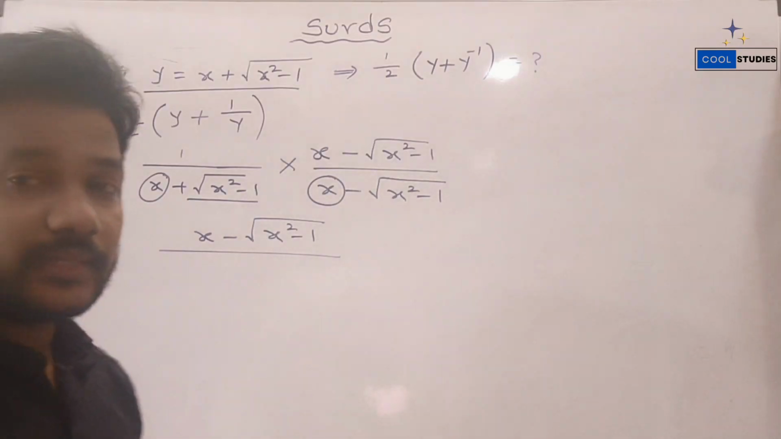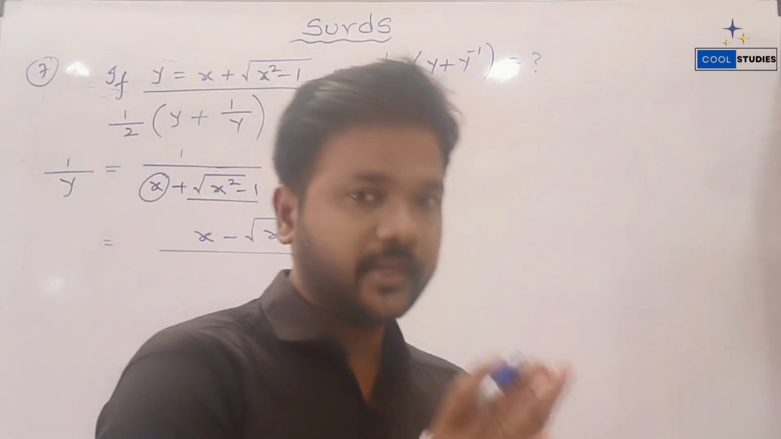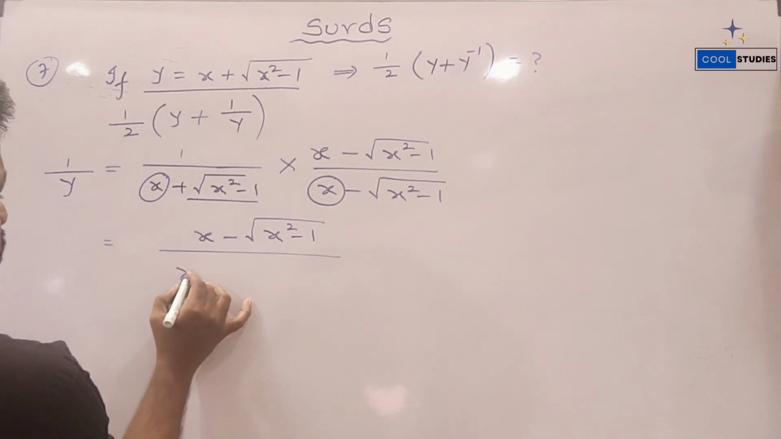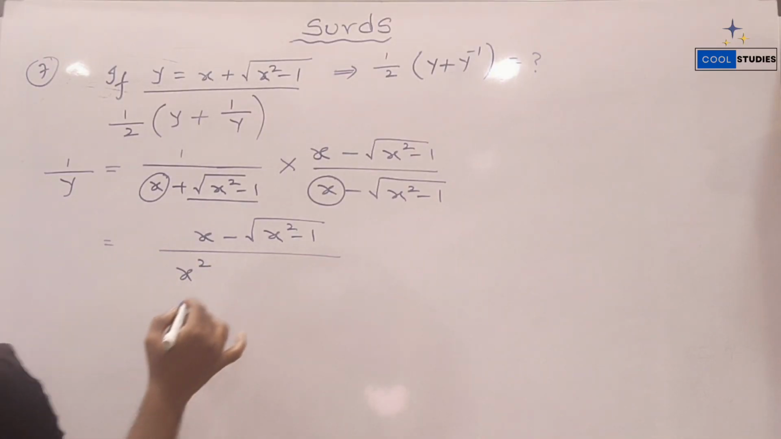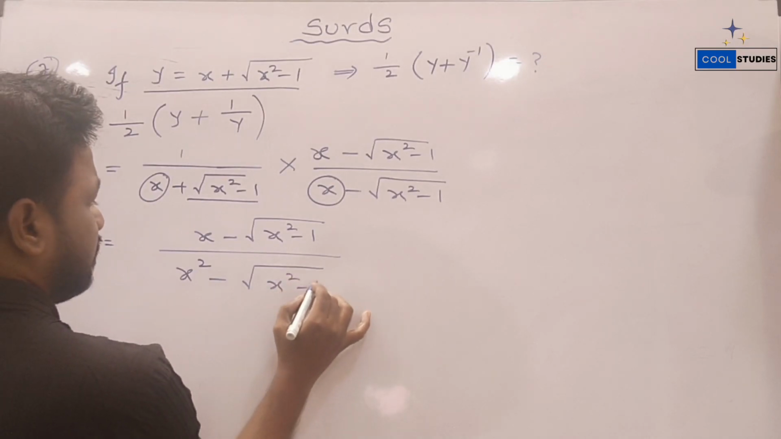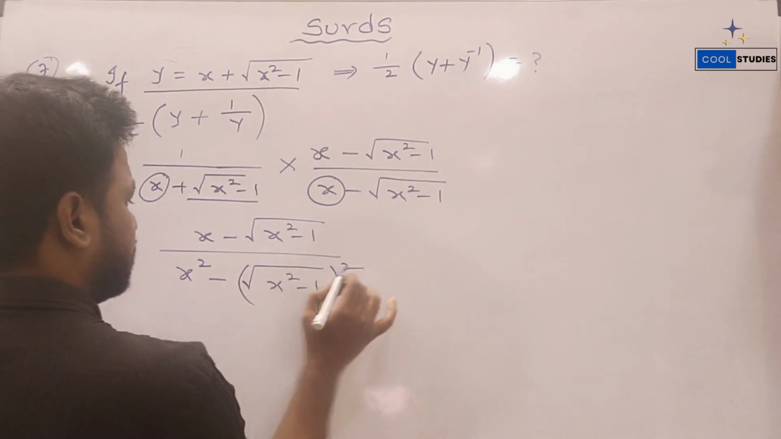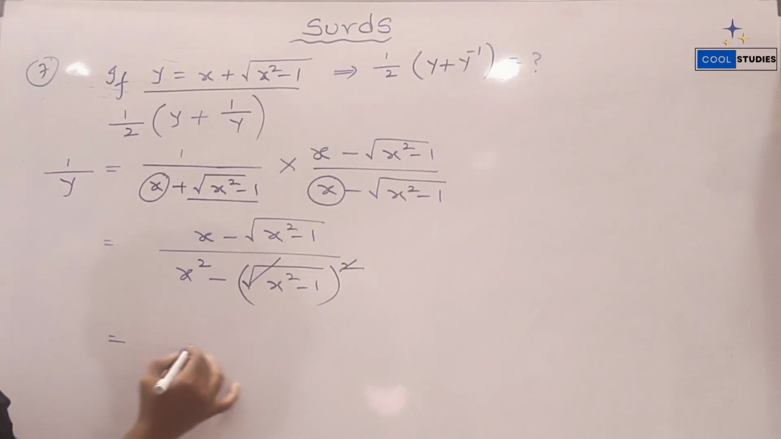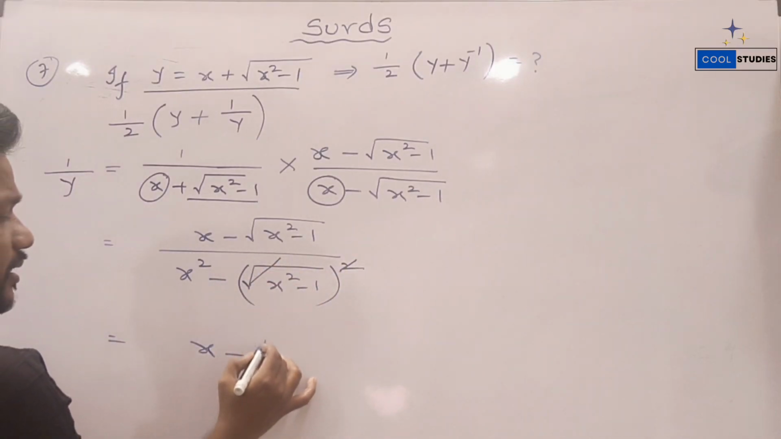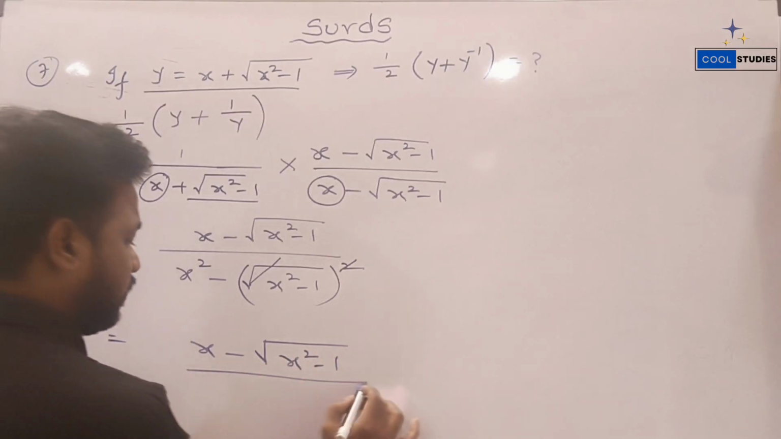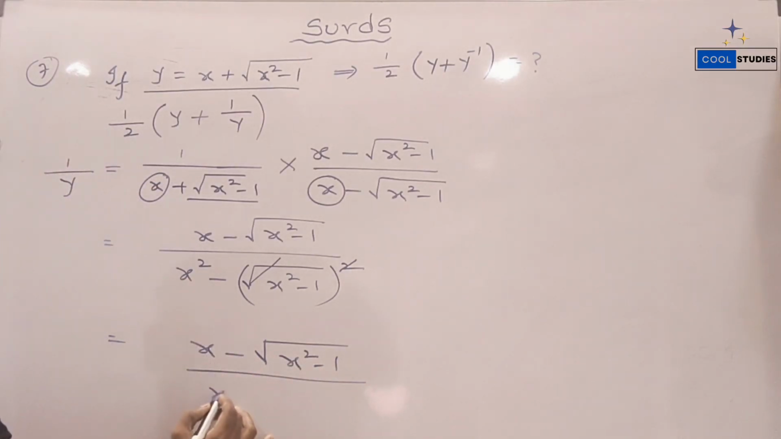So what is the formula here? A plus b into a minus b is a square minus b square. So a square means x square, minus b square, root over x square minus 1 whole square. In that, the square and square root cancelled. So what we got? X minus root over x square minus 1 by